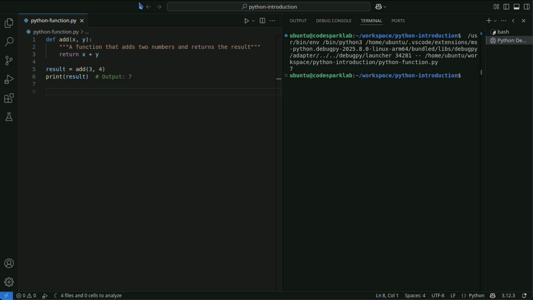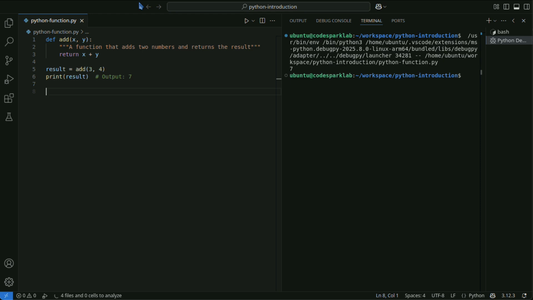Optional. Function body: an indented block where the instructions executed by the function are written. Return value: the value returned to the caller using the return statement. If return is omitted, None is returned by default.